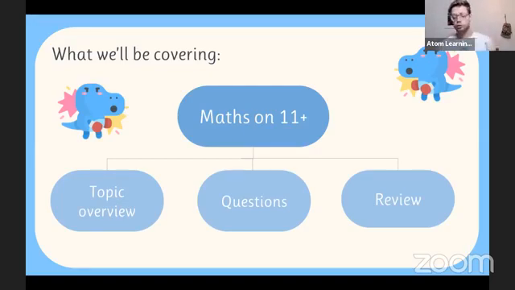So I'm going to start with the topic review. Now, the topic review can seem very overwhelming, but there are lots of topics, and for both GL and CEM, they are based on the national curriculum. So they will have covered them in school. A good place to start is to print out or get on your computer the national curriculum for Maths for Key Stage 2, and just work through it with your child, because that is what the maths questions will be based on.